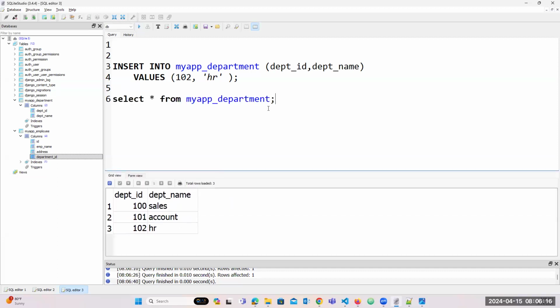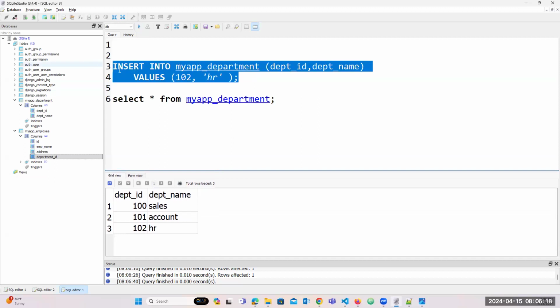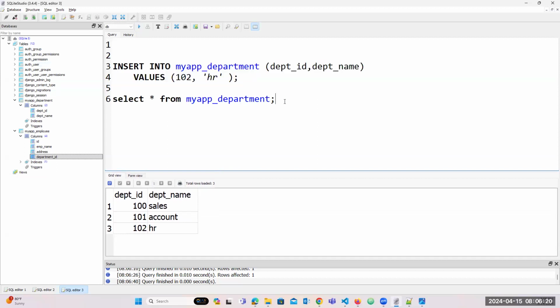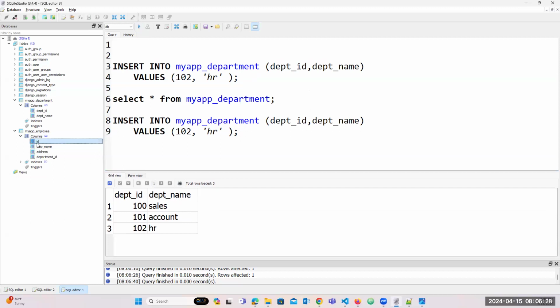Okay. Now I'm creating the employee table. If you see this, first I don't need to pass the ID value, this is the default. So no need to pass that, but EMP underscore name. Once again, if you see this, 102 is already there, and if I create a DevOps team,